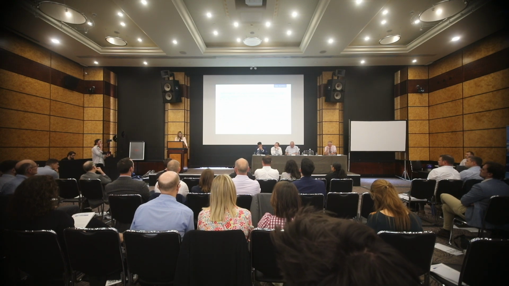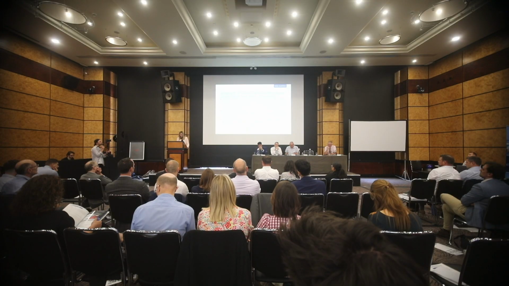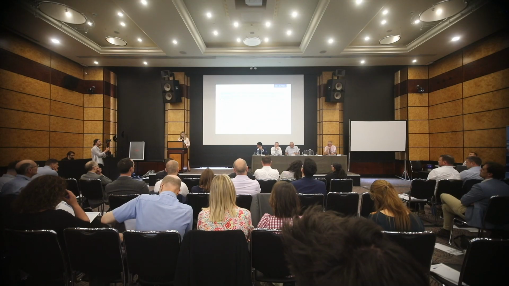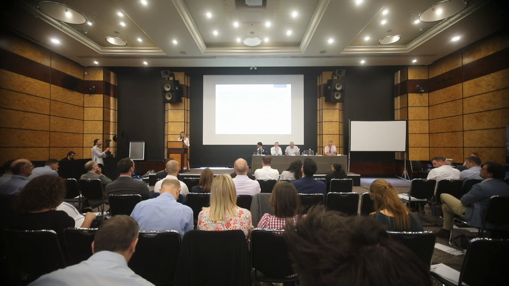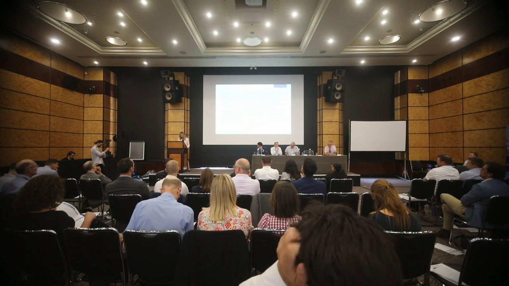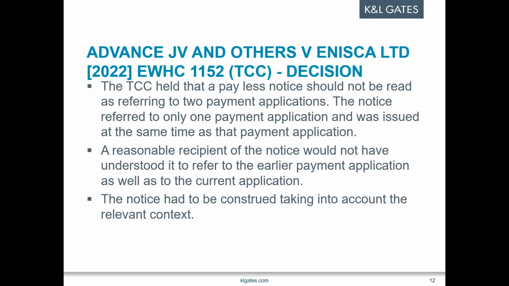So the court found that the payment notice must refer to individual payment cycles, and here, application 25 was an application for a different amount from that previously applied for in application 24, albeit by a significant margin. But these applications were intended to be substantively different and assessed for different dates. It was difficult to see how one notice that referred to only one assessment date could possibly be said to respond to two. The pay less notice in application 25 was not a pay less notice in respect of application 24.